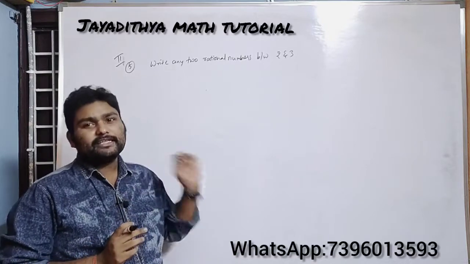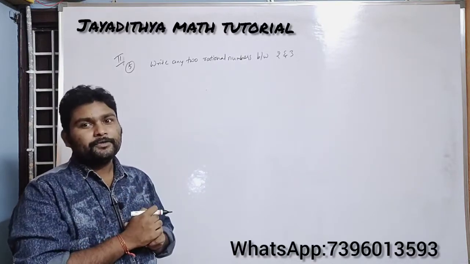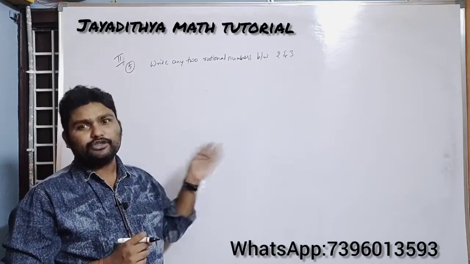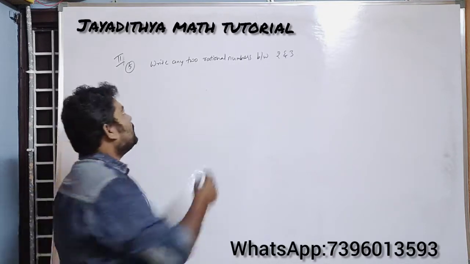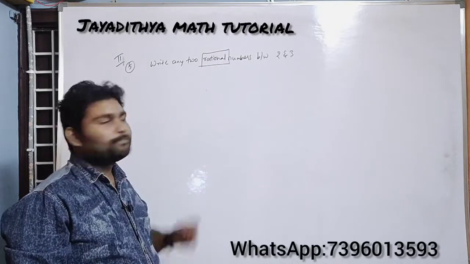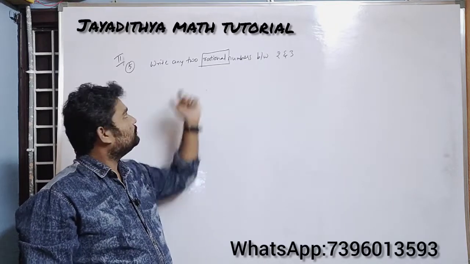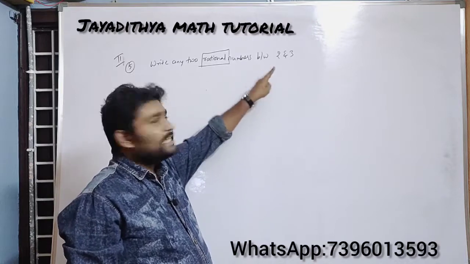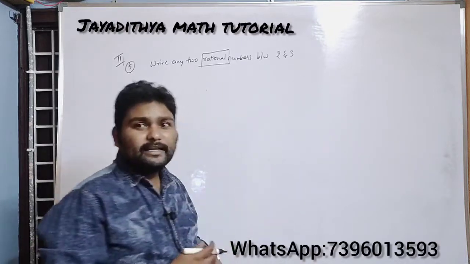So here in our textbook, sometimes he will mention a method, like the mean method. But here we don't have any method mentioned, so you can do as you wish. The thing is you should find two rational numbers between 2 and 3. See here properly, it is not irrational, it is rational. Some students think that it is irrational, and most students are doing irrational numbers. And some students are unnecessarily taking the mean method and wasting their time here.